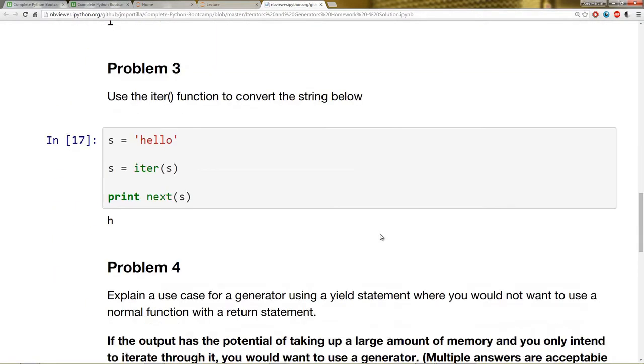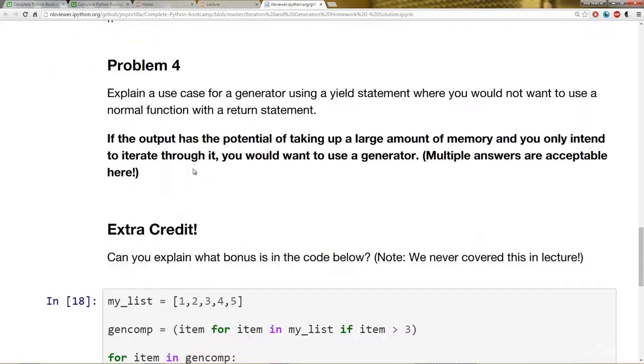Okay, problem 3, what I really wanted you to do was to convert the s to an iterator using the iter function, and then be able to print next s, just like we did in the lecture. Problem 4,